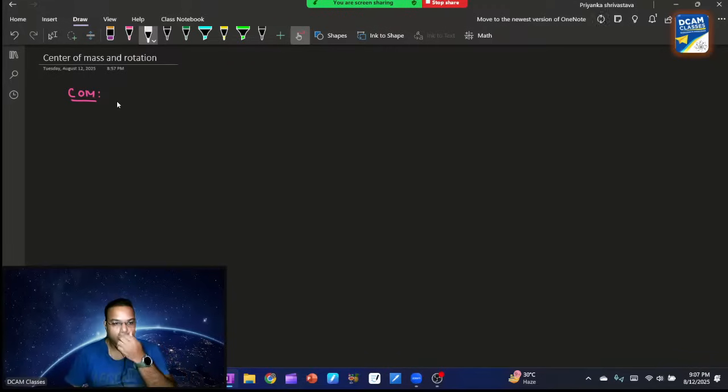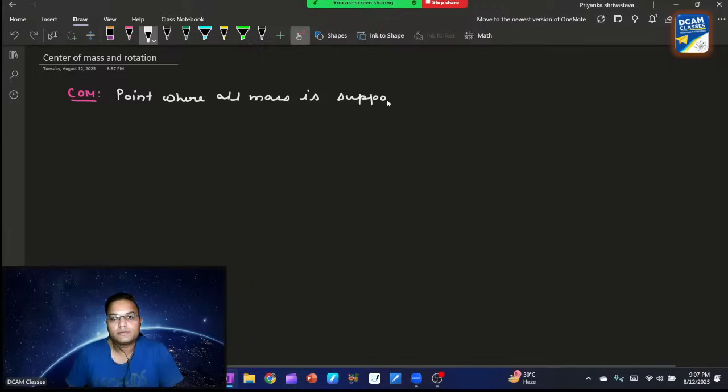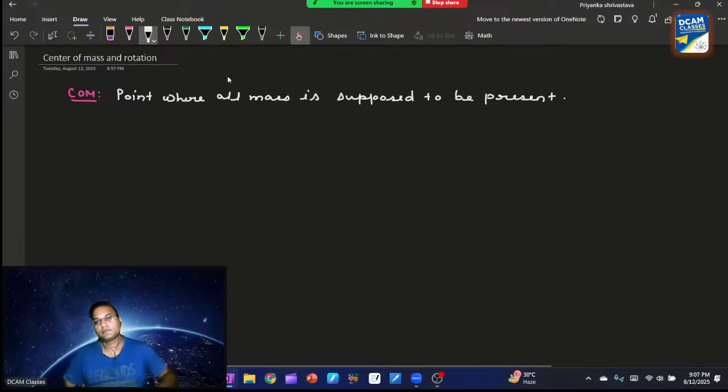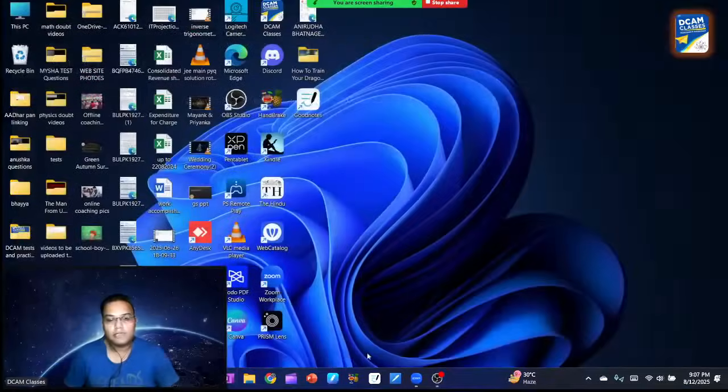Center of mass is a point where all mass is supposed to be situated in a body. ठीक है, उसे हम सेंटर ऑफ मास कहते हैं।